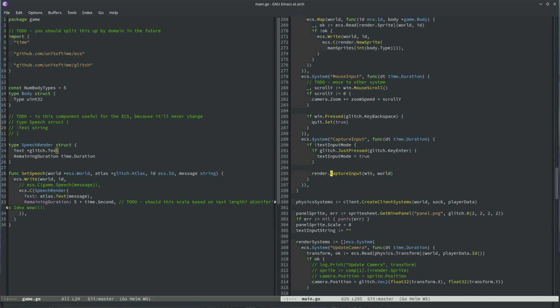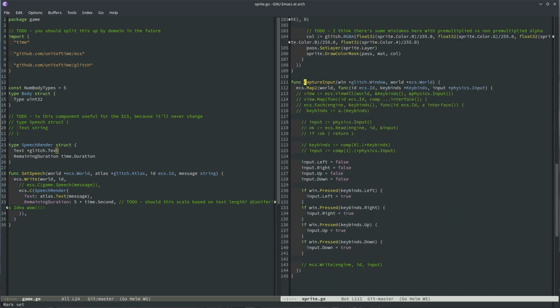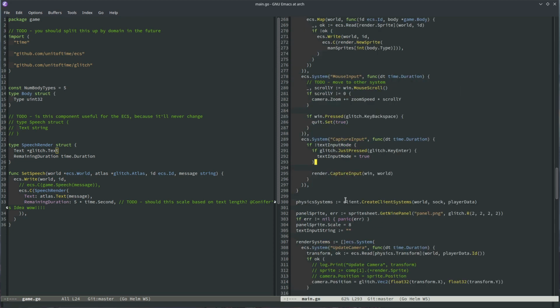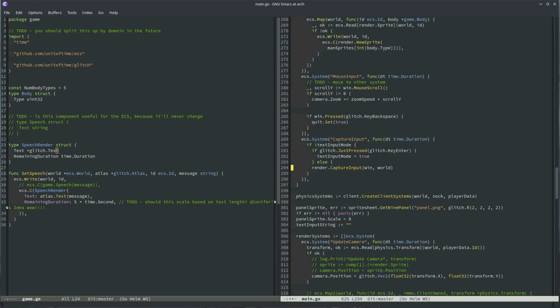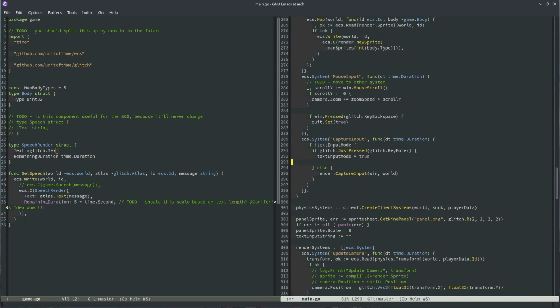Oh wait, capture input mode. The problem is that this clears when this runs. It clears your keybind, so you'd get stuck. If you just capture the last one, you'd get stuck with all of these, potentially with one of them true. So we'll only run this if that. And then here we'll also do